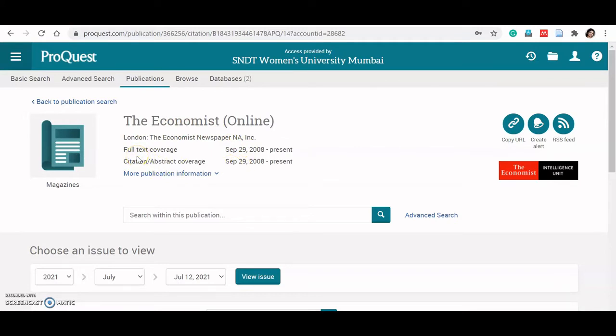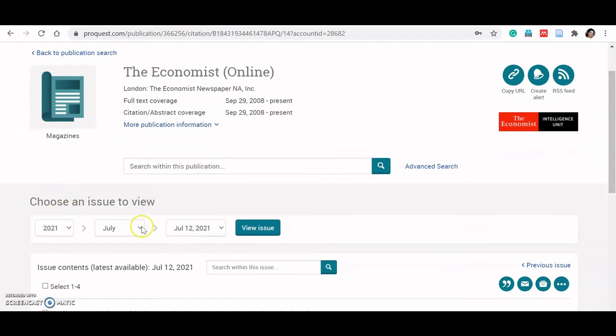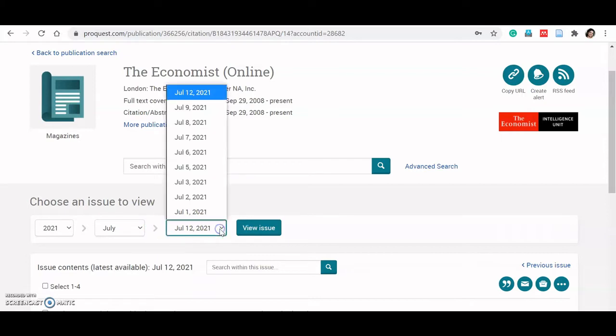ProQuest has full text coverage from 2008, and right now you can see the issue that is yesterday's paper. If you click here, you can scroll down and locate the earlier newspapers of the Economist also.